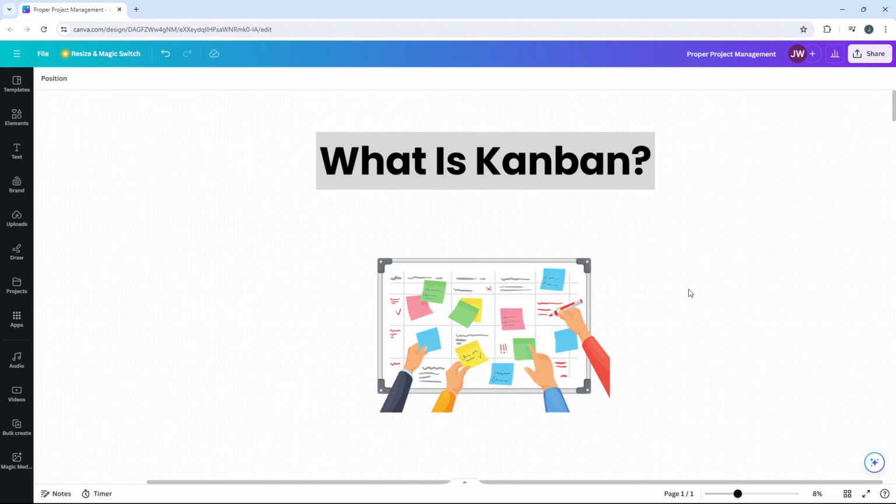Have you stumbled across the term Kanban? Are you not quite sure what it means or what it entails? Well, you're in the right place. As a project management professional with decades of experience, I'm here to demystify all that you are going to want